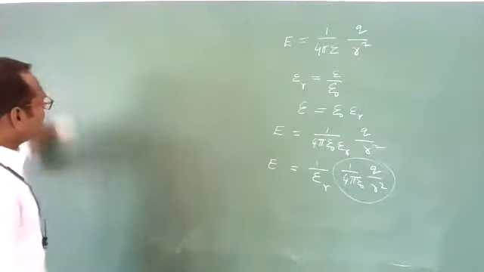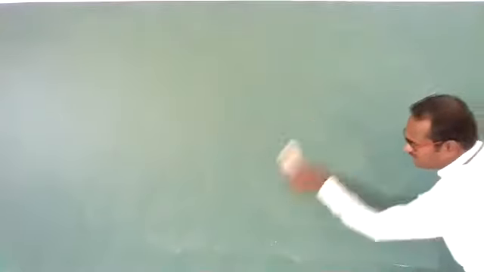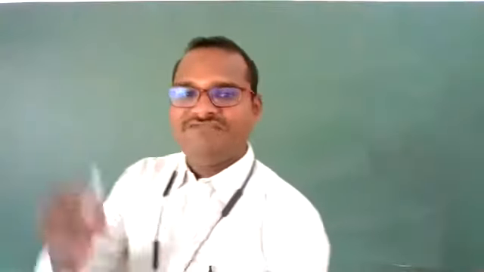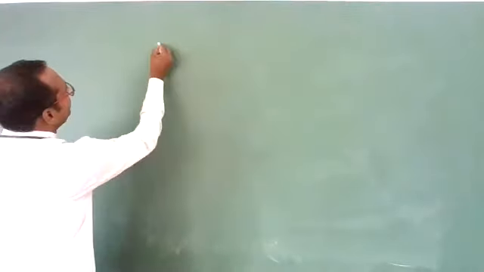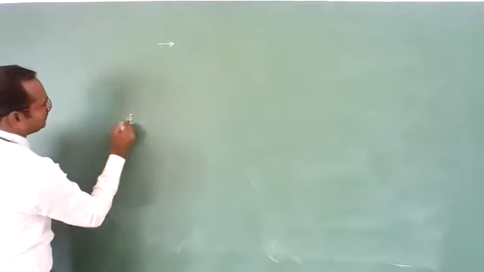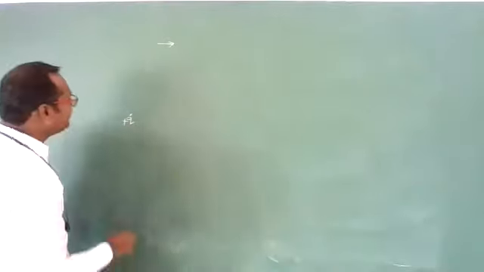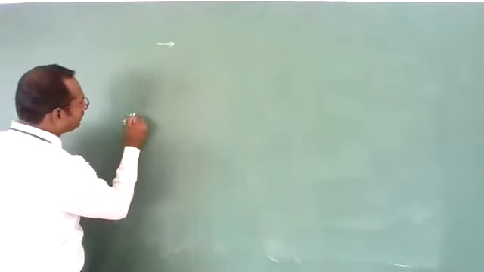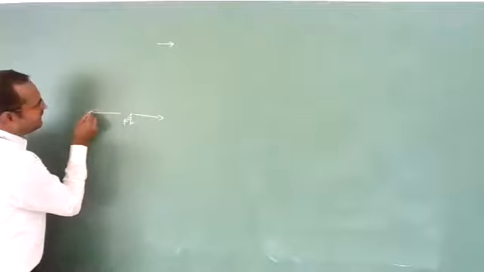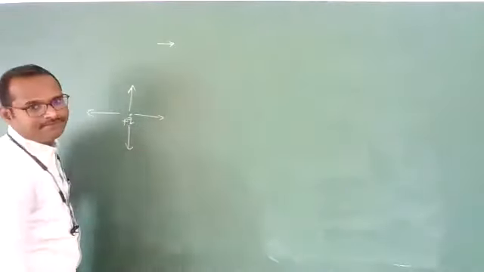Now, mathematically we have seen all this. Now, graphically, how is the electric field represented? Electric field is represented by an arrow mark like this. Let us suppose here one positive charge Q is there. Now the electric field always points outward like this, and as I just told you, it is symmetric. In all directions it will be the same.